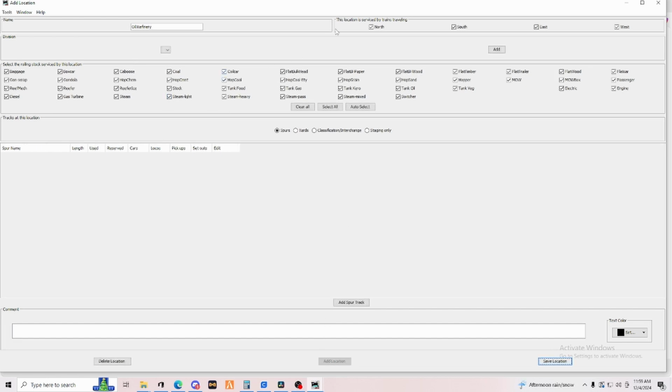Next up, we're going to add our oil refinery. So we'll type in oil refinery, add location. Now this oil refinery, it's only going to take tank cars. It's only going to take tank oil. So close this. So we selected tank oil,